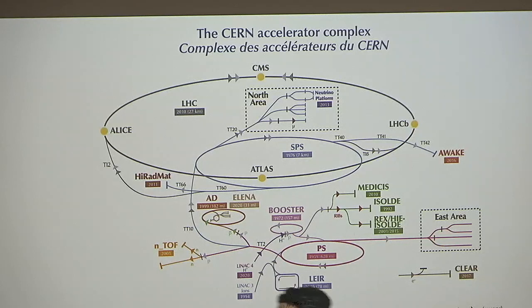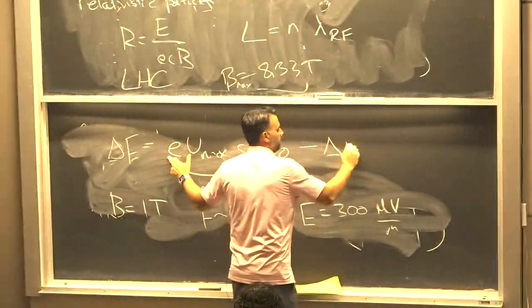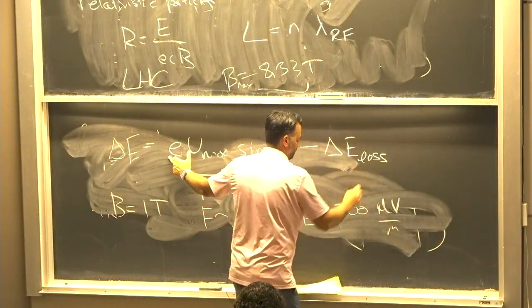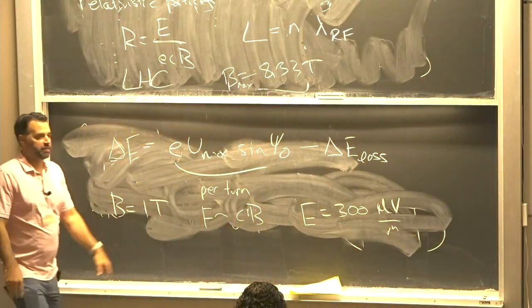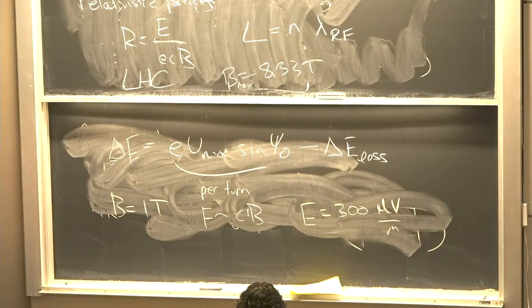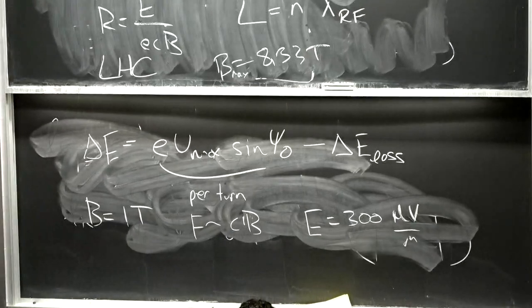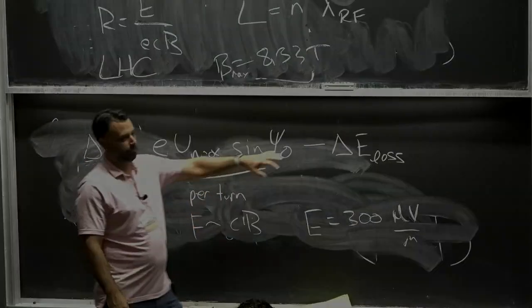Now the question that was asked, which is a very nice one for the synchrotron, was that I keep getting this per turn. Now in the real world, there is going to be some E loss term, okay? So that's what we'll start off with. That's actually going to dictate the two different versions of accelerators we have. There's two different ones: a LINAC, where I keep stacking RF accelerators, and a synchrotron, where I keep going in a circle, okay? Synchrotrons, because they go in a circle, you accelerate charge.